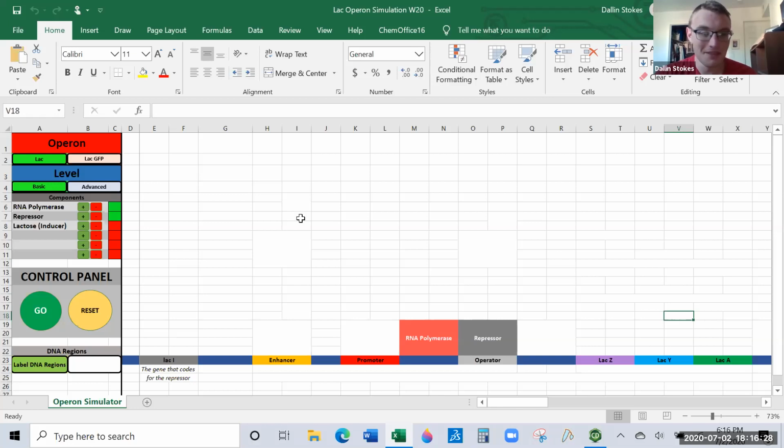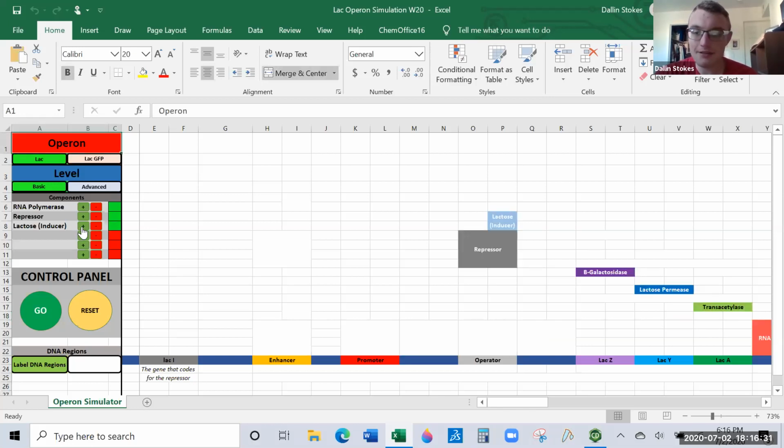Cool, huh? So when lactose comes in, lactose sticks to the repressor and it makes the repressor let go of the operator and it floats away. Now there's no longer a brick on the operator. So RNA polymerase hops on at the promoter and keeps chewing down the track and starts building the proteins again. As long as there's lactose, that repressor will stay up in the air and RNA polymerase will just keep making proteins until all the lactose is gone.